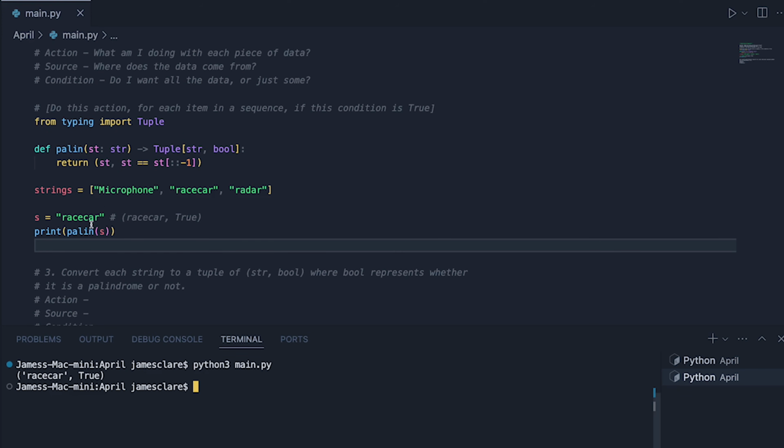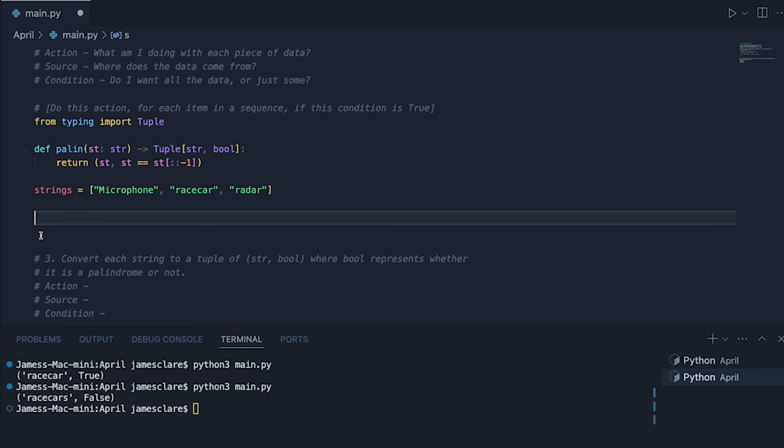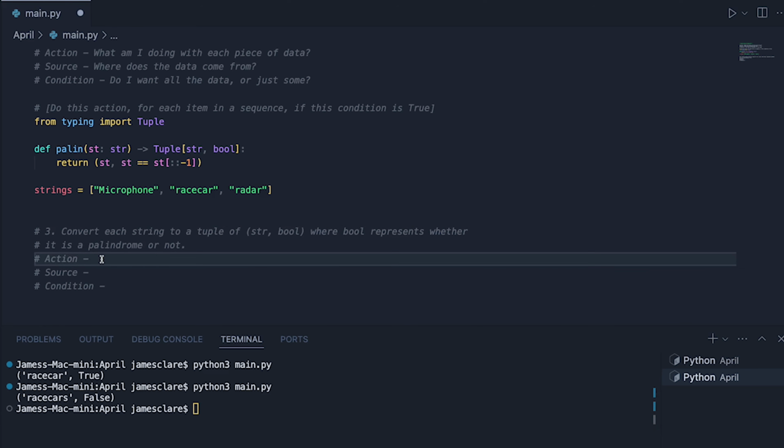Race car and true, that looks good. Let's quickly make this a non-palindrome. Race cars and false. Cool, so that looks good. So let's see, our action now is going to be to do that function call. So palin, we'll do word here. The source is simply going to be something like this. So we'll do